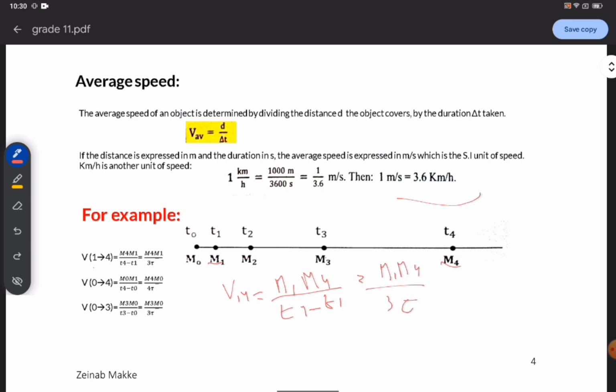Or we count the tau: M1M2 is 1 tau, M2M3 is 2 tau, M3M4 is 3 tau, so it's 3 tau. Another example,